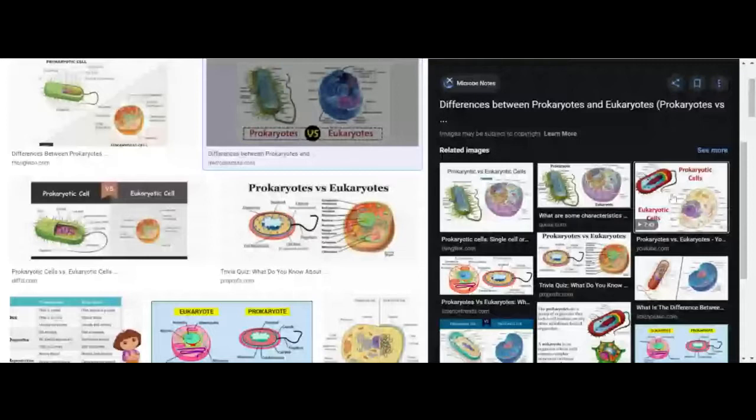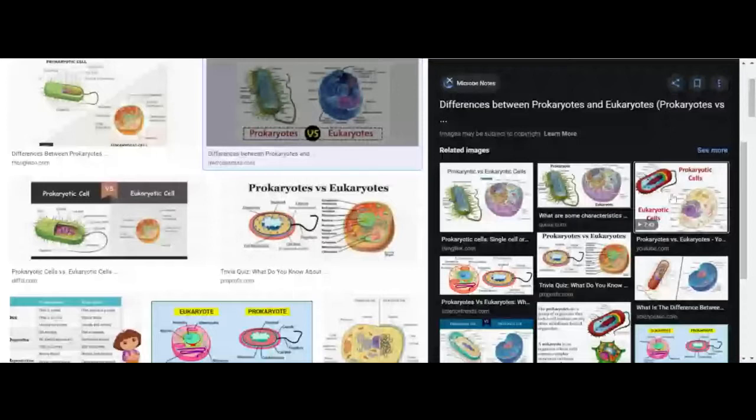Okay, see here. This is the type of prokaryotic cell, and this is the type of eukaryotic cell. So, what is the difference between both? One difference is that the prokaryotic cell doesn't have the nucleus. See here, there is no nucleus, but there is a nucleus present in the eukaryotic cell. So we can say that one difference between them is a nucleus. The nucleus is not present here, nucleus is present here. Okay, one difference is that.